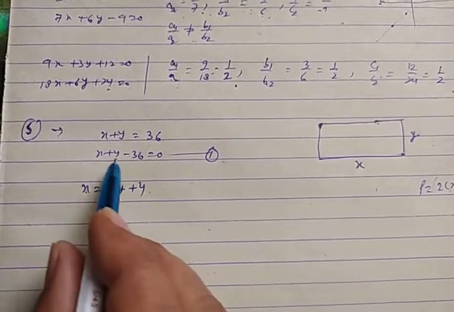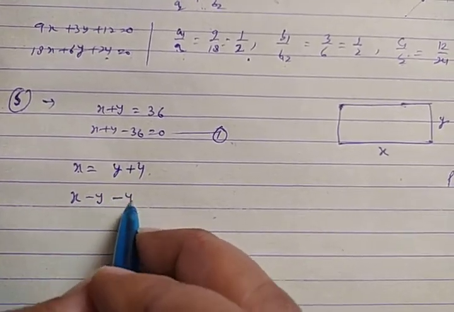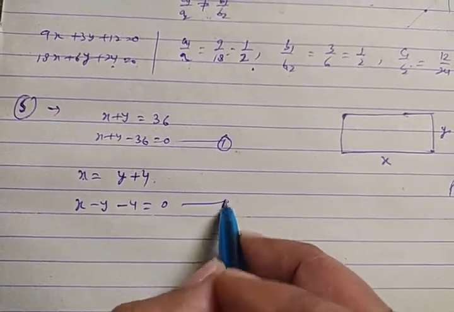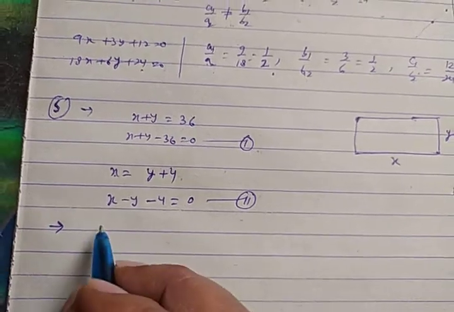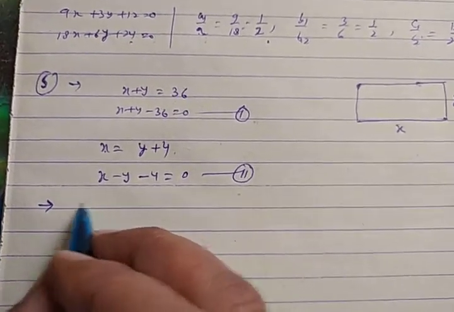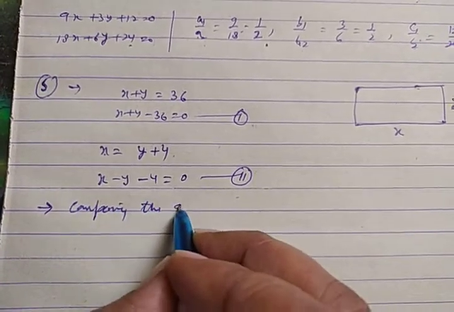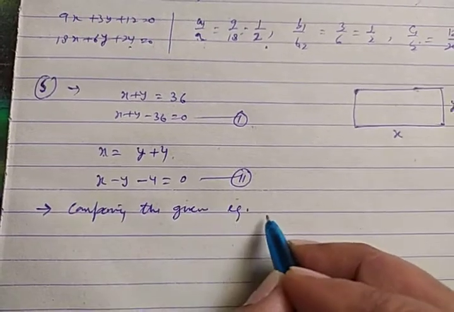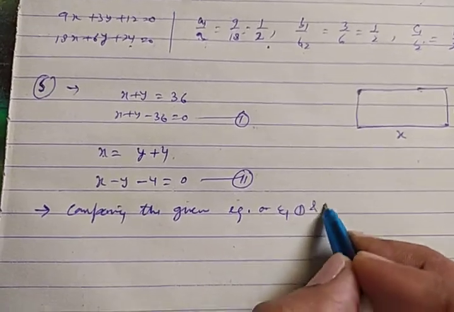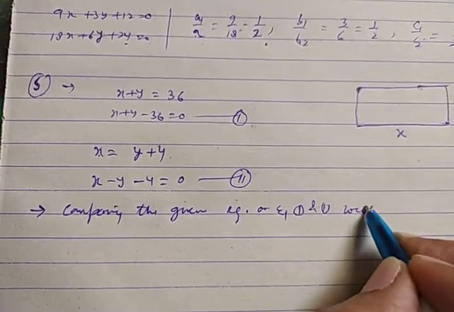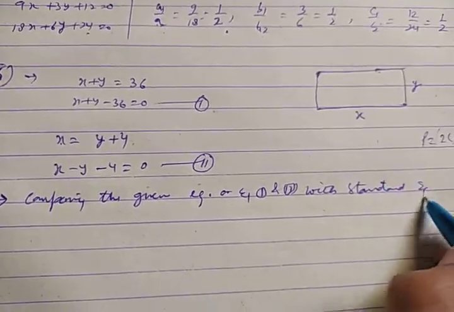Now arrange the equation in proper format. This would be x - y - 4 = 0. Now you will have to insert one line, comparing the given equations with the standard equation. I am just writing it, you mention it. Comparing the given equations 1 and 2 with a standard equation, we have